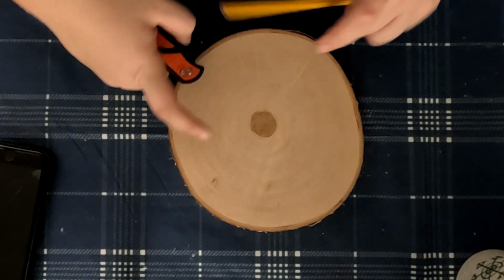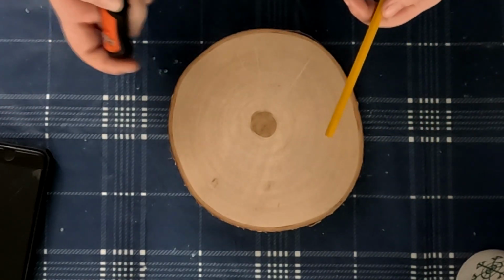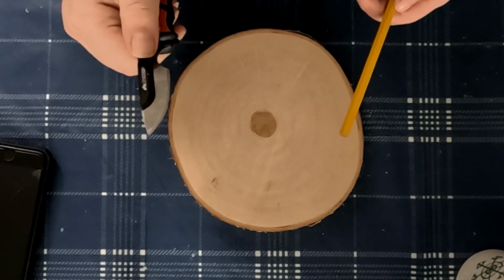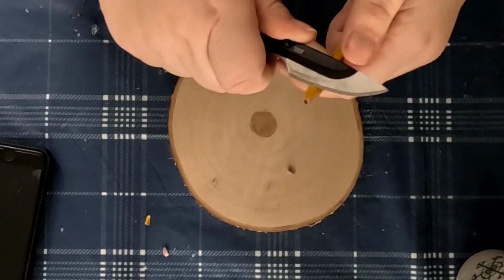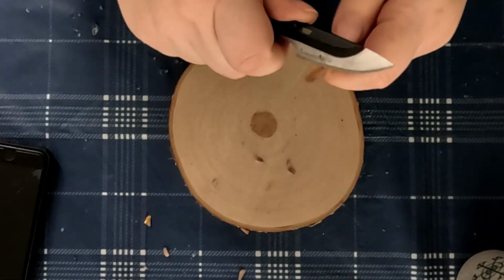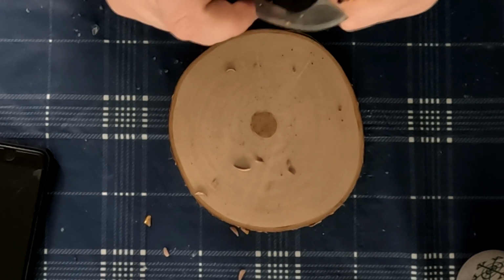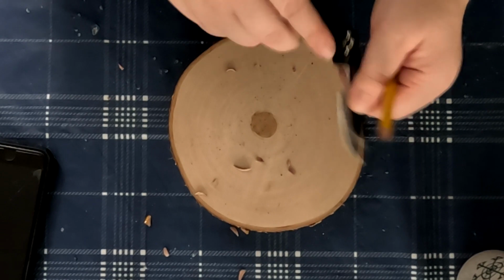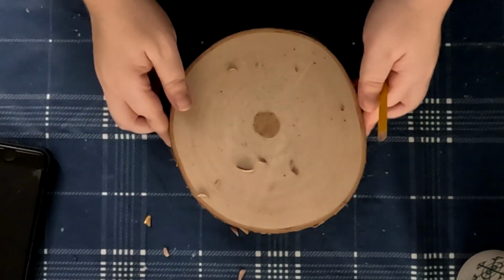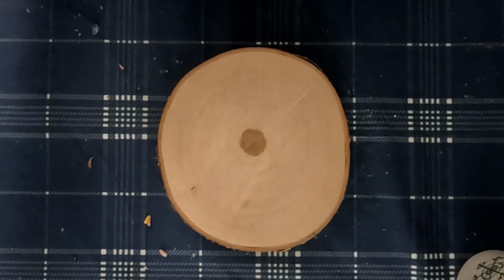First step is to get a pencil so you can actually draw it out. I don't have a pencil sharpener, or rather I did, and I have no clue where it is. So we're just going to do this way. Yeah, that'll work. Alright. And of course I do have